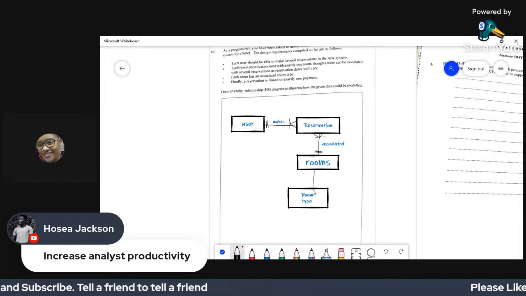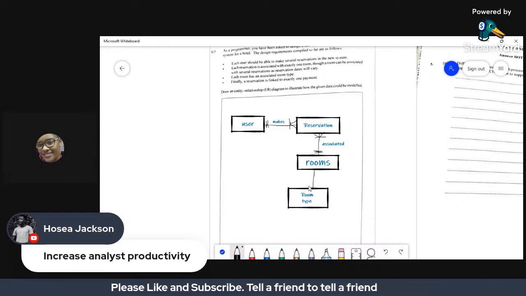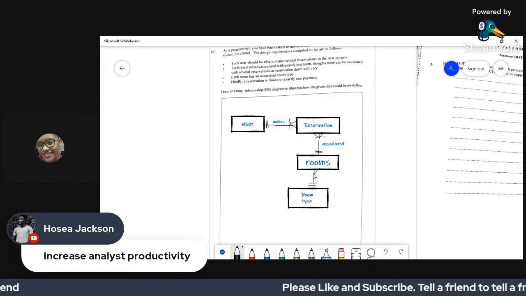Each room has an associated room type, so it's one room type per room, but you may have many rooms that fit in that category.